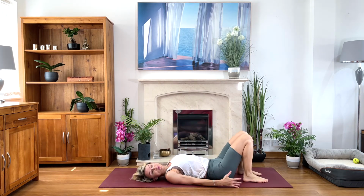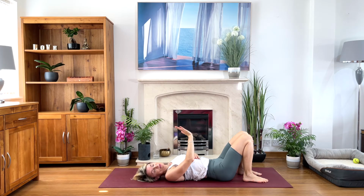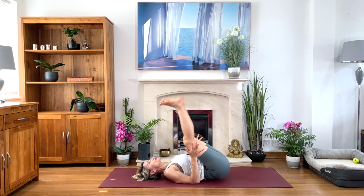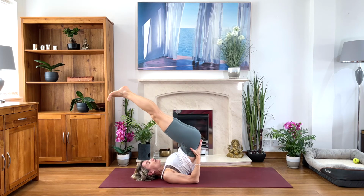Okay, I'm going to do it with you, the shoulder stand, or maybe just start with the half shoulder stand and then moving into the shoulder stand. Okay, so when you're ready, bend your elbows, inhale and roll up, catch the hips for the half shoulder stand, and just check how you feel. Chin lifted, base of the neck off the floor,